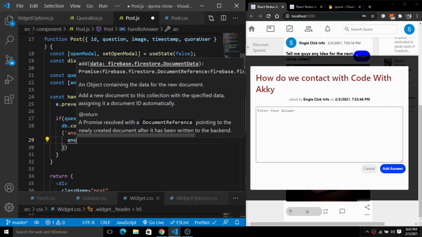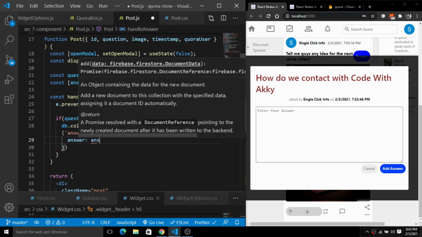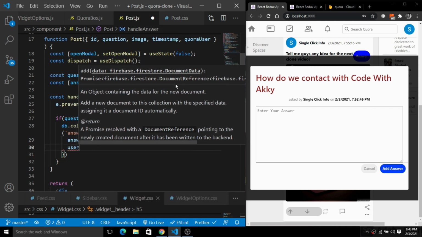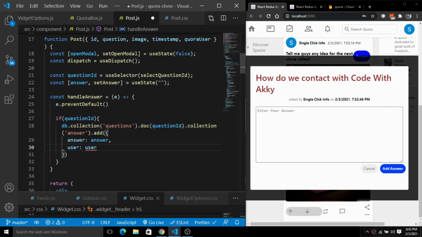So for the answer we have answer. Okay, and we will also push the user here, like a Quora user. The Quora user is for those who asked the question.